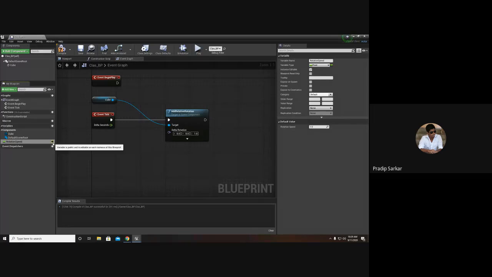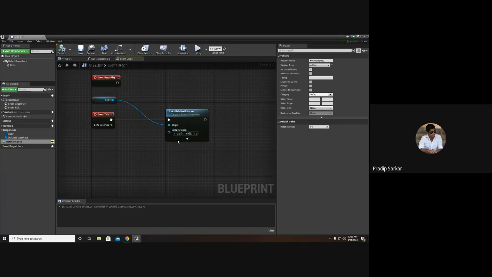If the eye icon is closed, that means it is not public. If it is open, that means it is public. That option is Instance Editable. So if I turn this off, the eye icon will close, and if I turn it on, the eye icon will open.